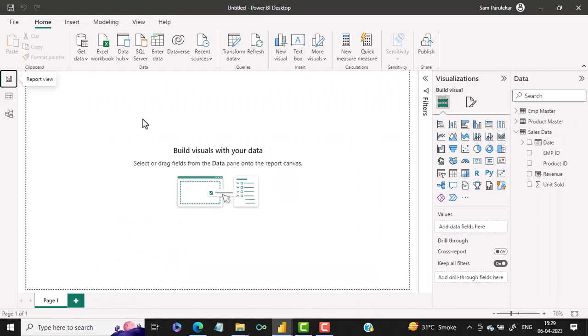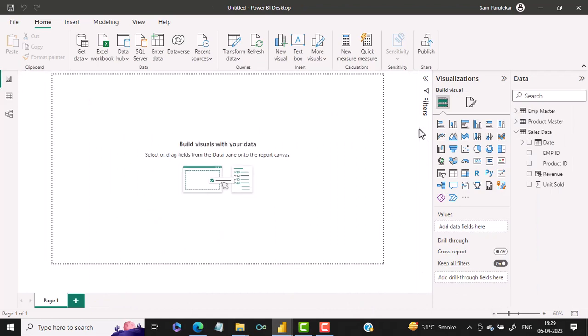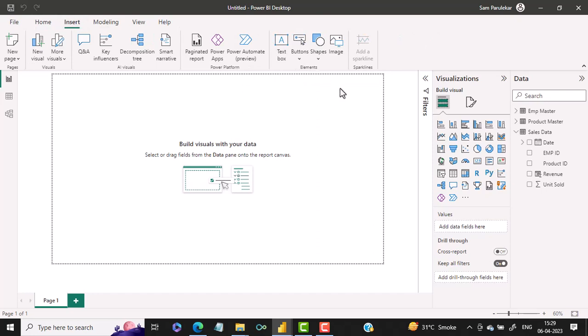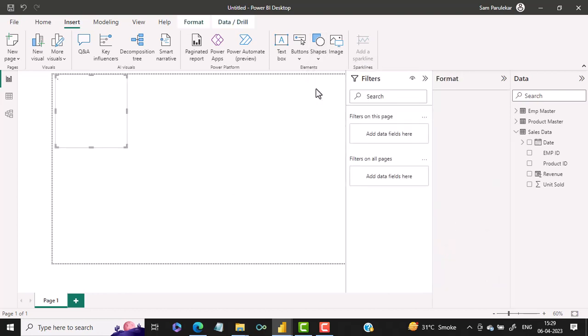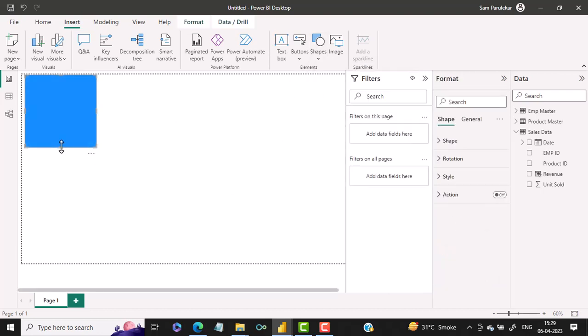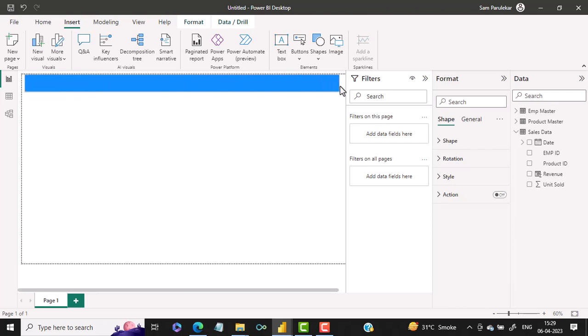In order to create that rectangle, we first click on Insert, and in Insert you have shapes, and in the shapes you have this rectangle. I select this rectangle, and then I stretch it from one end of the report to the other end,